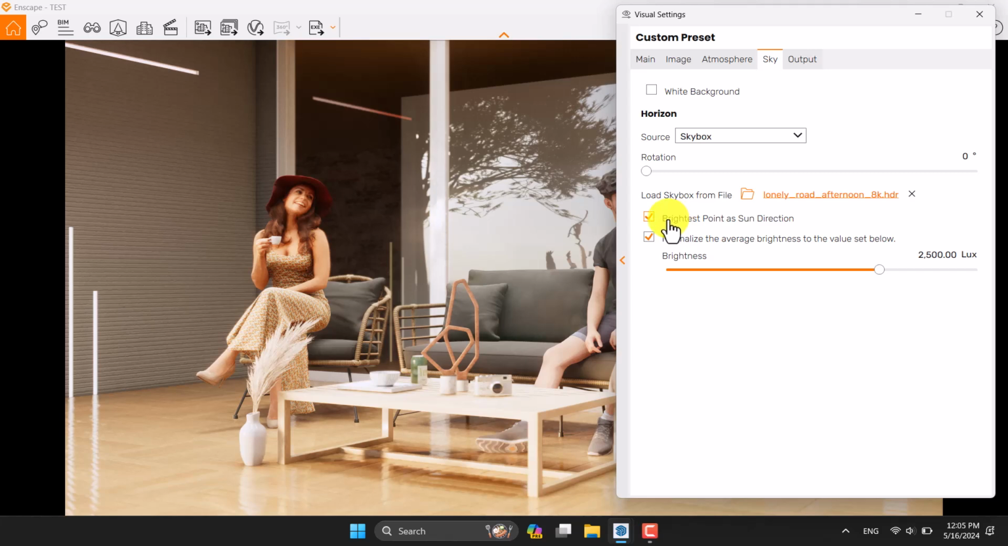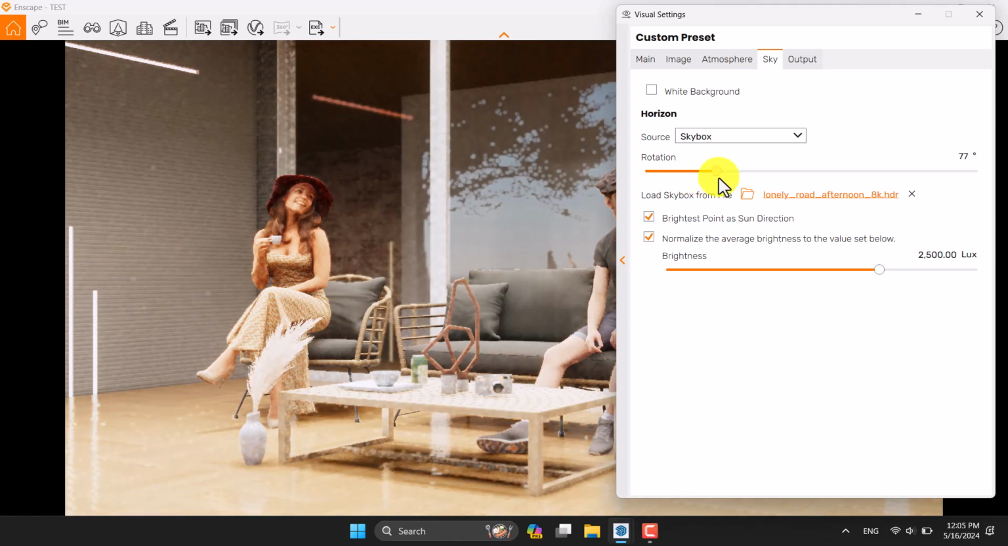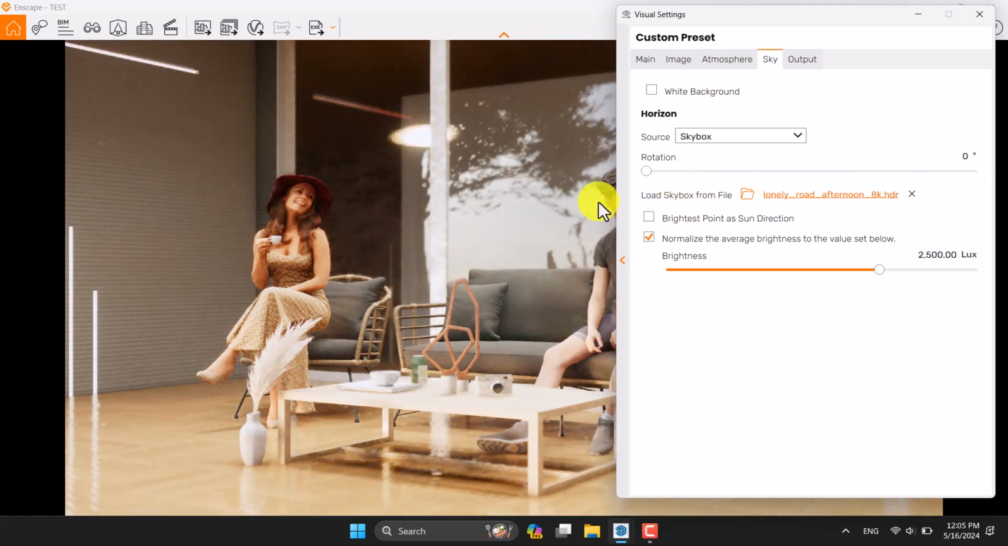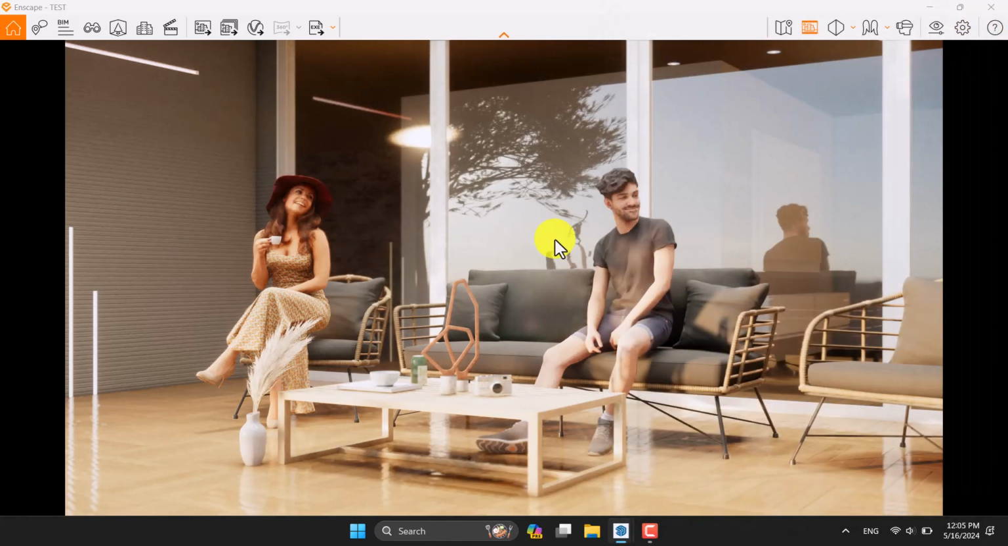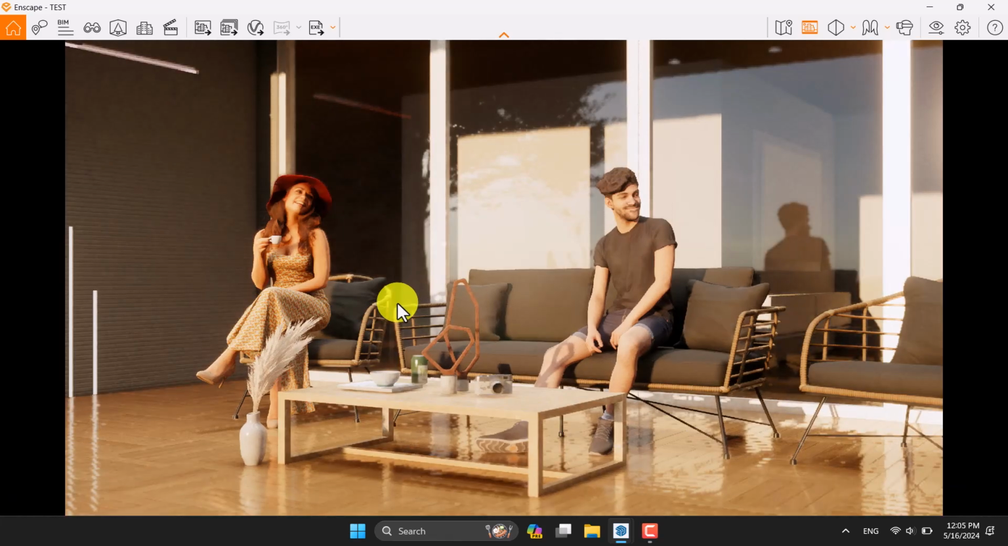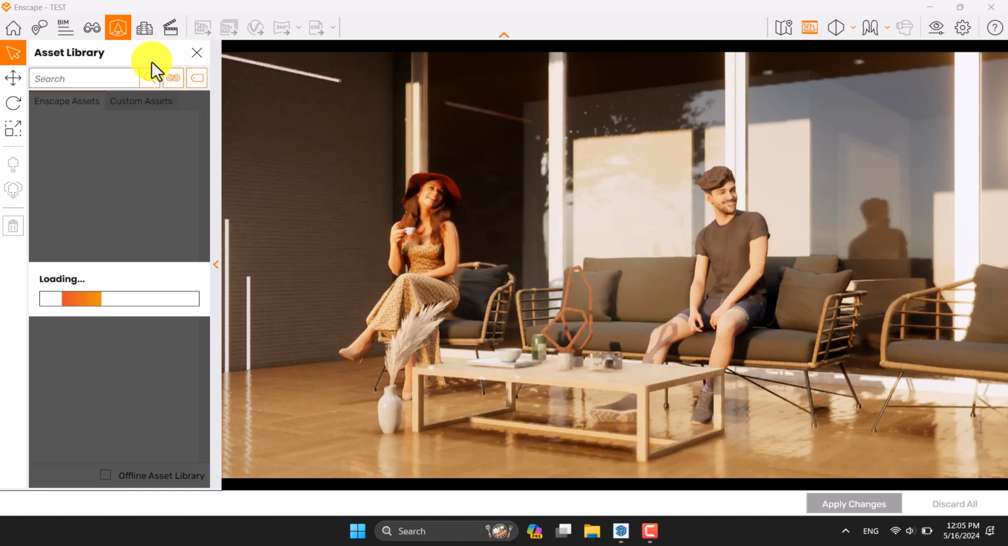But when you check the brightest point as the HDRI, you can play with the rotation and change the sun rotation like that, very simple and easy. Right now I don't want to use it, so I'm going to uncheck it, and everything is fine. Press F, exterior number 4 selected for me. All the sun settings will be reset for me, and I want to click on the Enscape asset library, online